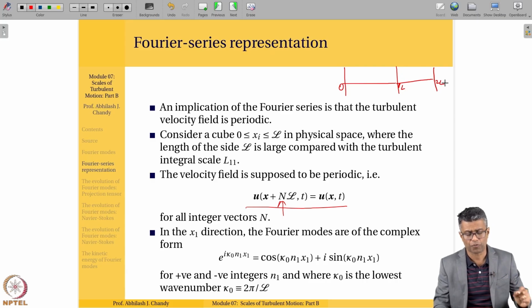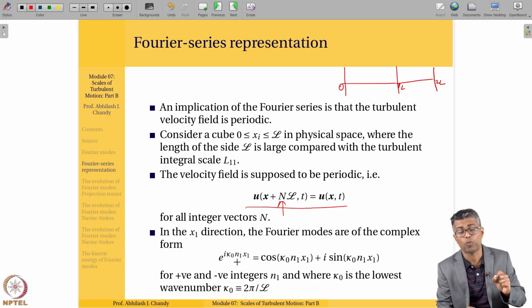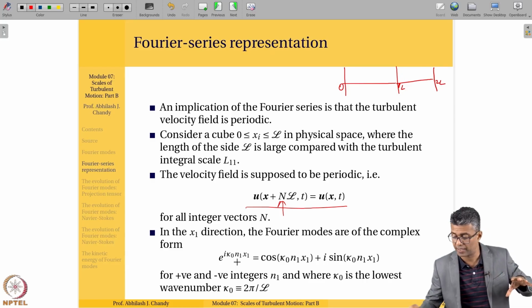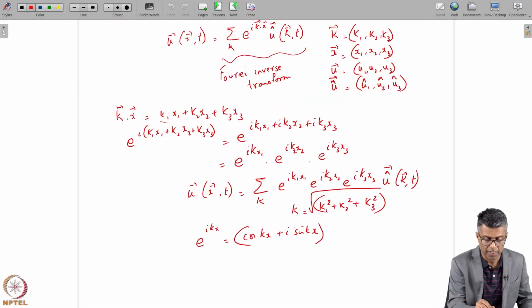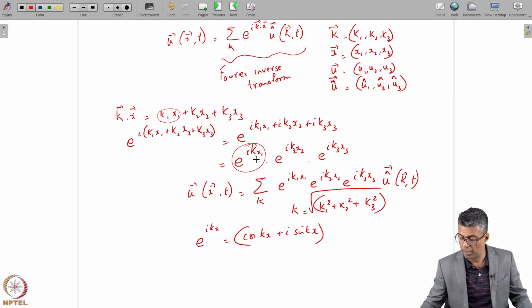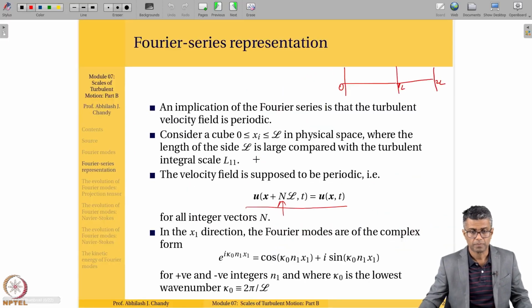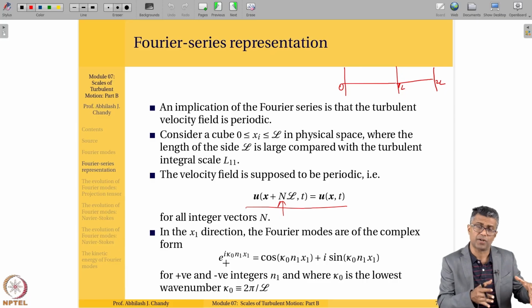the Fourier modes are of complex form. So I have e to the i. Now look at what I've done here. Earlier I had k1x1, isn't it? I was writing it as k1x1, e to the i k1x1, right? So instead of writing it as k1x1, I am going to write it as k0n1, where n1 is a set of